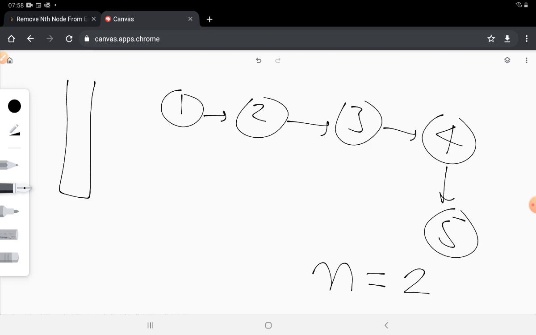So we start with the beginning of the list, keep pushing the elements of the list in the stack, in fact the nodes of the list in the stack, till we reach the end of the list. So we have the whole of the list in the stack. Now what we do is that we start popping out elements from the stack, and we pop n elements. So we first pop out 5. So we pop out this 5, this is gone, and then we pop out this 4, this is gone. So now we have popped out 2 elements, which is equal to n.